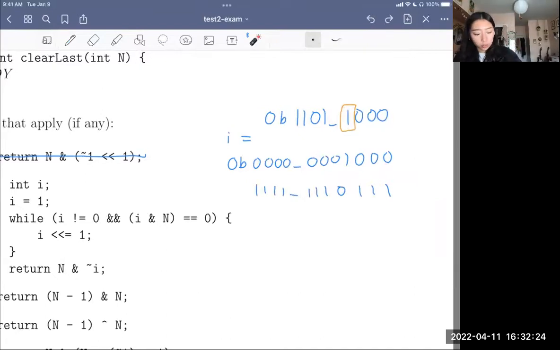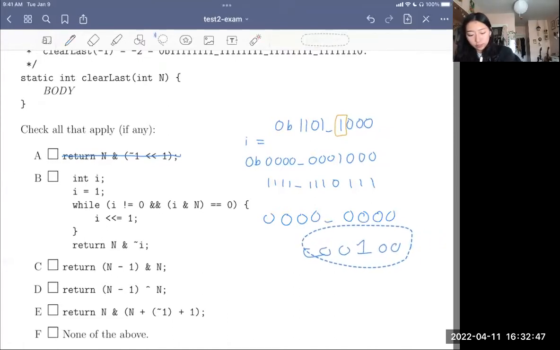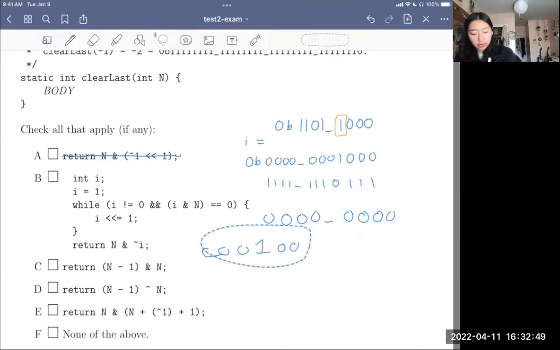And so this works, at least for this example. And just to make sure, I'm curious what would happen if n equals 0 here. Well, then I is going to keep shifting, right? We have the number 0, 0, 0, 0, 0, and we have this 1 surrounded by zeros that we keep shifting and shifting. And eventually we'll move off the edge until all we have is zeros